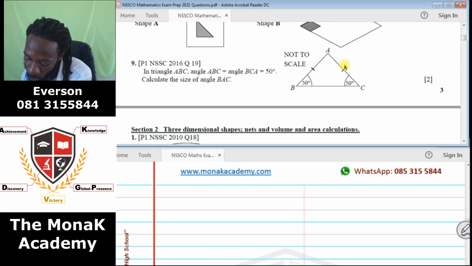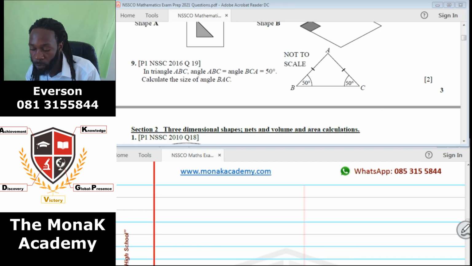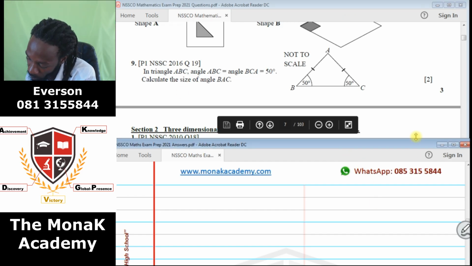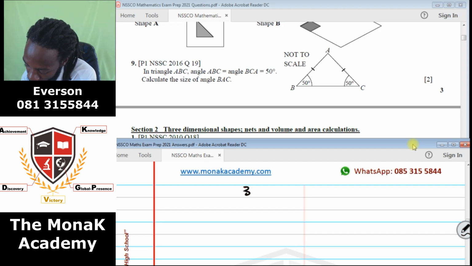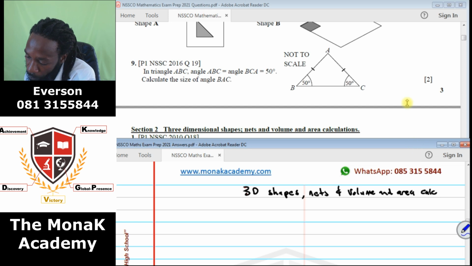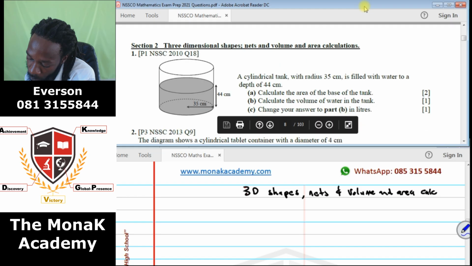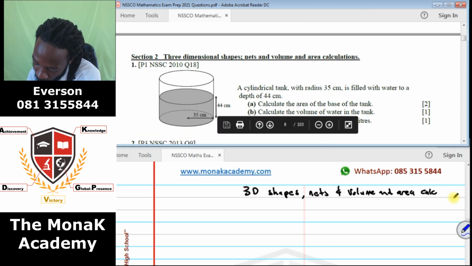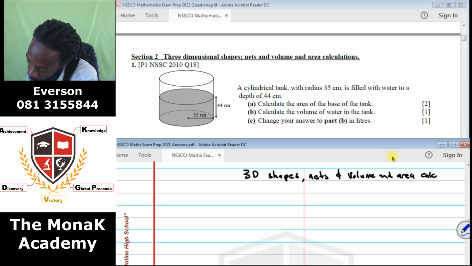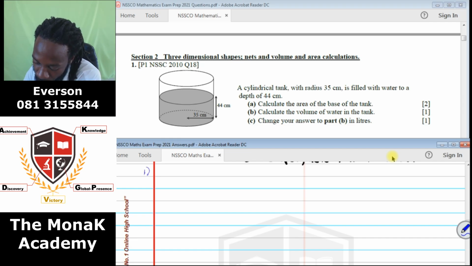Alright, so we go on to 3D shapes, nets, and volume. Okay. Number 1, it's from paper 1,